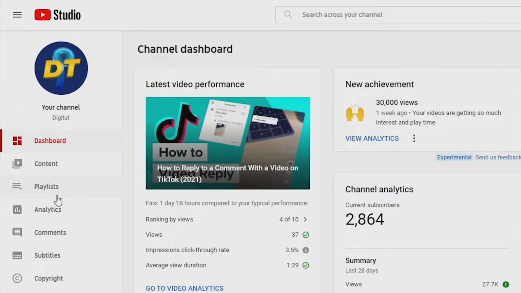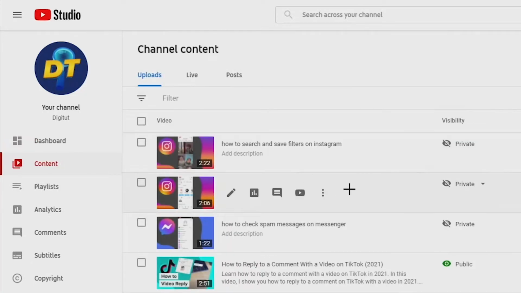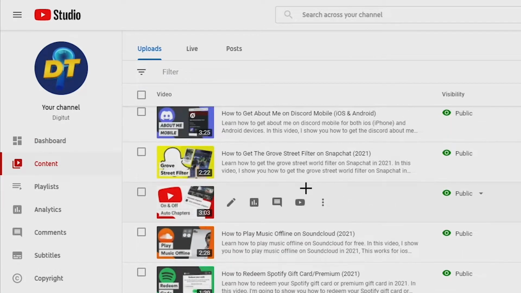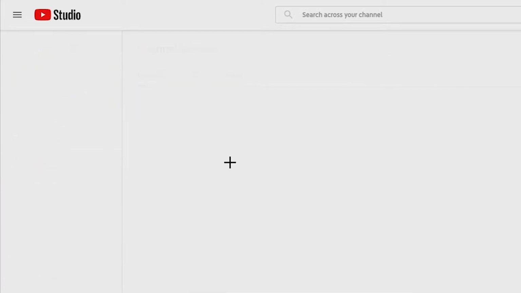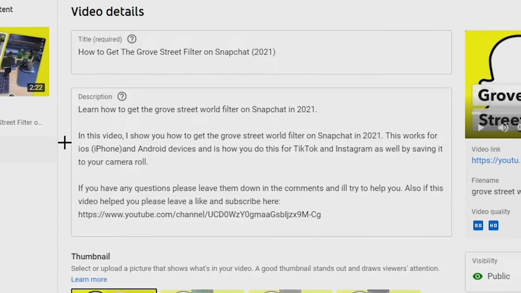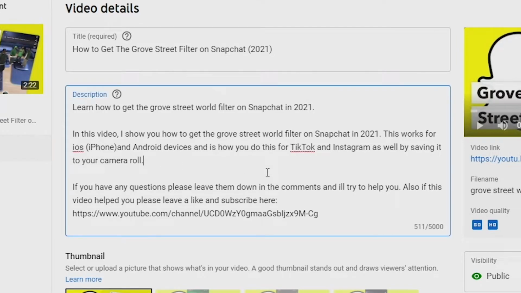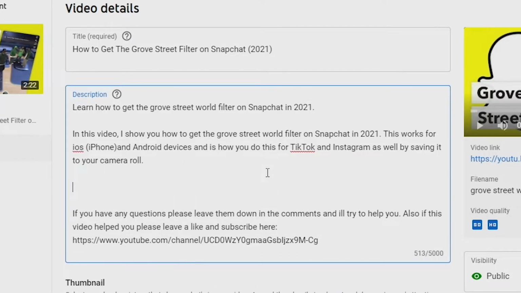Then you can choose a video to add chapters to, and I'm just going to choose my tutorial of how to get the Grove Street filter on Snapchat. And once it's loaded, what we need to do is go to the description of the video and just type a title like this, and I'm just going to call it timestamps, but you can really call this anything you